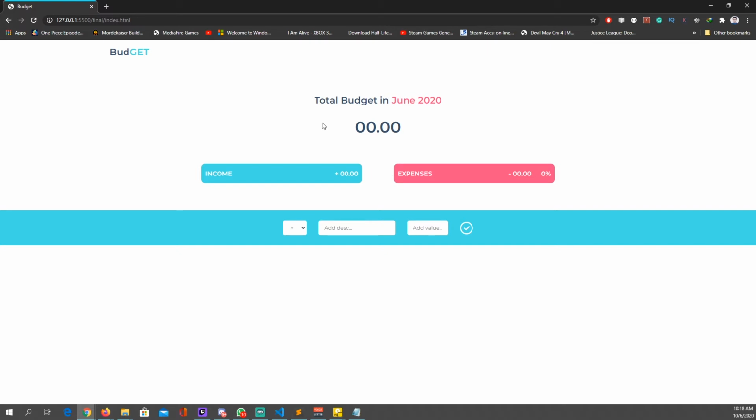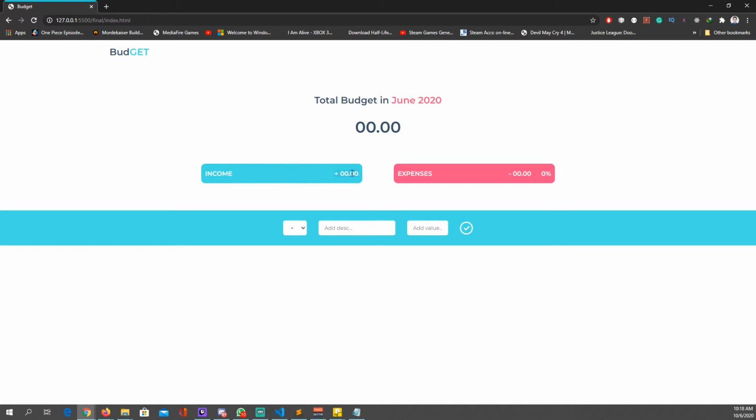So why don't we just get right into the demo part. Before I add new income here in this input container, you can see for yourself that we have a total budget up here. Right now it is zero budget. The total budget will be displayed up here, and also we have a total income.